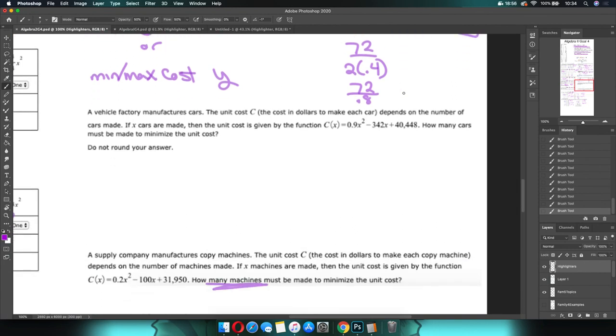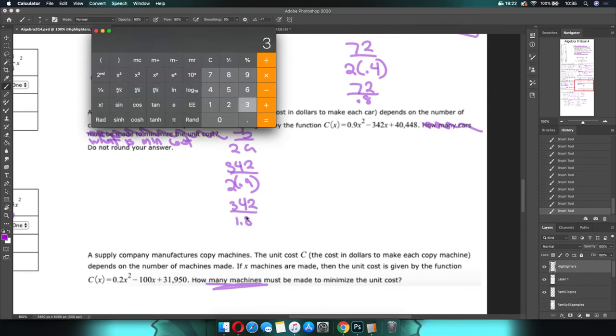I'm going to cross this out for a second. How many cars? I don't want it to ask that. I'm going to ask, what is the minimum cost? Because I want you to get used to the y's. So what are we going to do? Opposite b over 2a, so that's 342 over 2 times 0.9, which is 342 over 1.8. So let's do that out. That is 342 divided by 1.8,